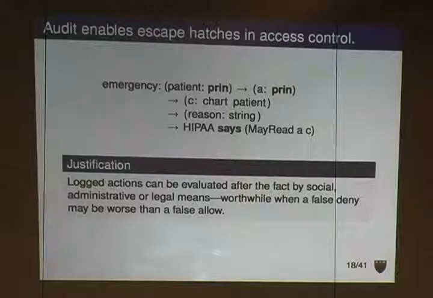So this is a change in perspective from conventional access control systems. Usually access control systems are designed so that if you don't know what to do, you immediately deny access. I would argue that there are a lot of real-world cases where the cost of false denies can actually be a lot higher than the cost of false allows. So the combination of this expressive policy language and a way to audit use of rules gives you a way to deal with these situations.